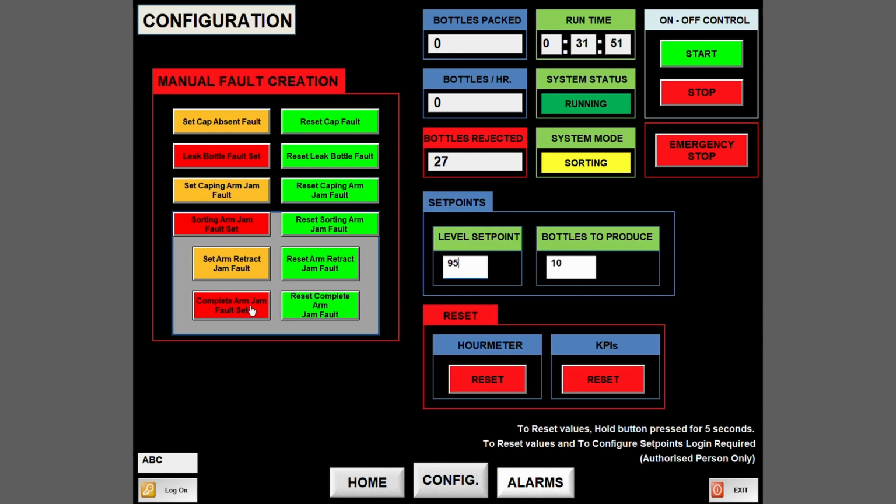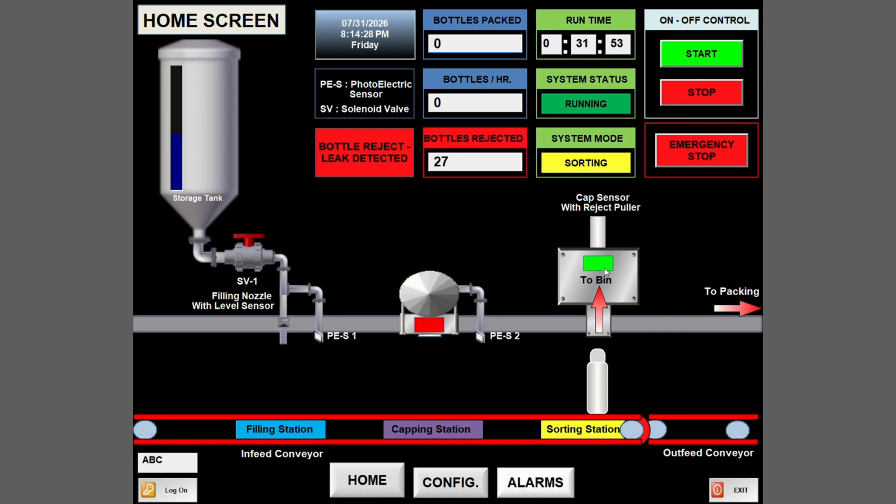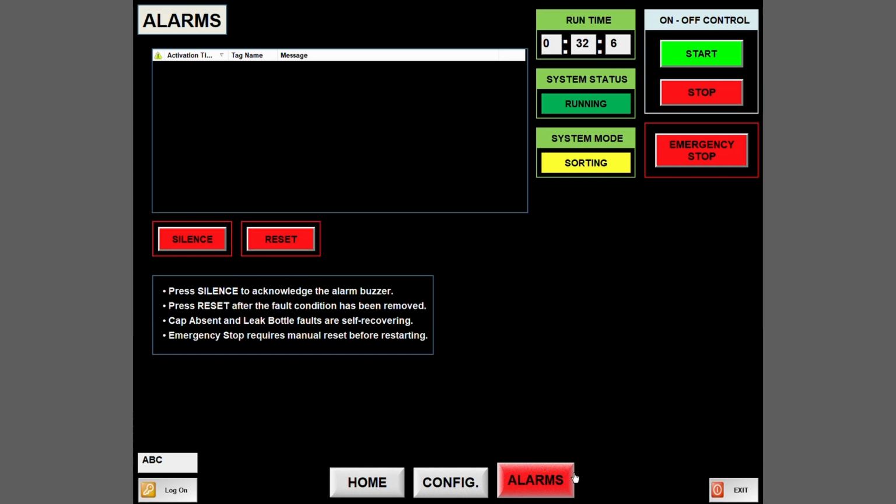However, because the complete sorting arm jam fault is enabled, the reject arm is unable to move from its home position. The PLC waits for the reject arm to begin its movement. When no movement is detected within the configured timeout period, a complete sorting arm jam alarm is generated, and the production sequence is halted. At this point,